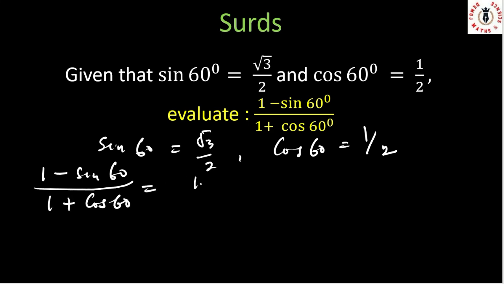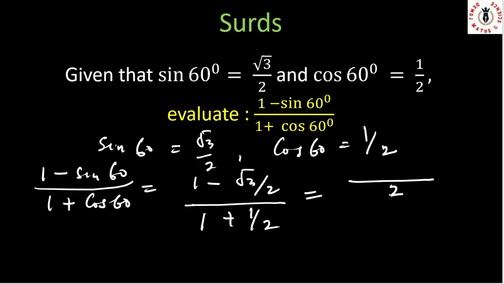This will be the same thing as 1 minus root 3 over 2 all over 1 plus half. Now 1 minus root 3 over 2. Look at this. I'll take an LCM. That will be 2. 1 is the same thing as 1 over 1. 1 here also is the same thing as 1 over 1. 1 into 2, that's 2, times 1, that's 2, minus 2 into 1, that's 1, times root 3, that's root 3, all